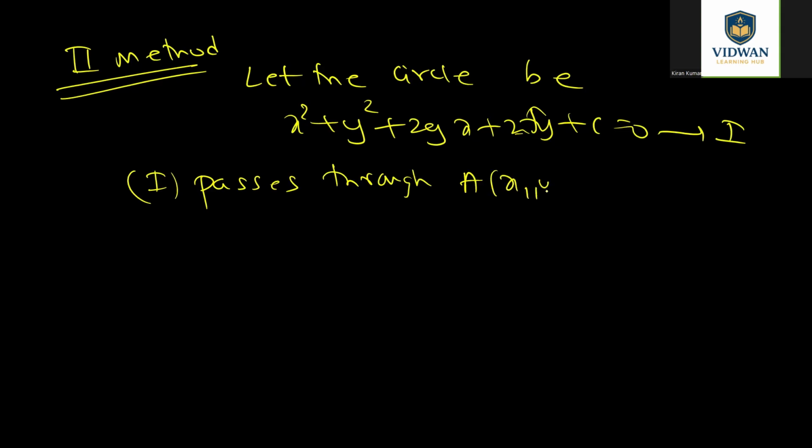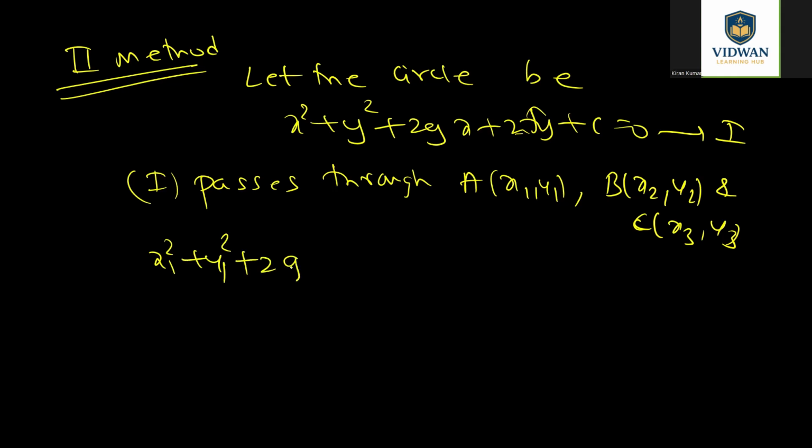So if it passes through A, x1, y1, B, x2, y2, C, x3, y3, what can you conclude if it passes through the three vertices? Every point should satisfy the circle. That means for x, y, I can substitute any of these three coordinates. So when I substitute the first coordinate, you'll get x1 square plus y1 square plus 2gx1 plus 2fy1 plus c equal to 0. Call it equation 1, substituting the first point in the circle. When you substitute the second point, replacing x, y with x2, y2, you will get x2 square plus y2 square